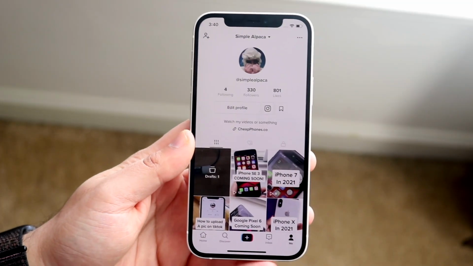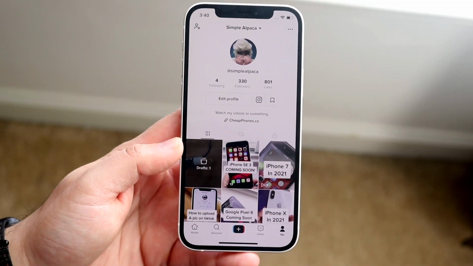Welcome back, everyone. You may be in a position where you have to go ahead and reset your password on